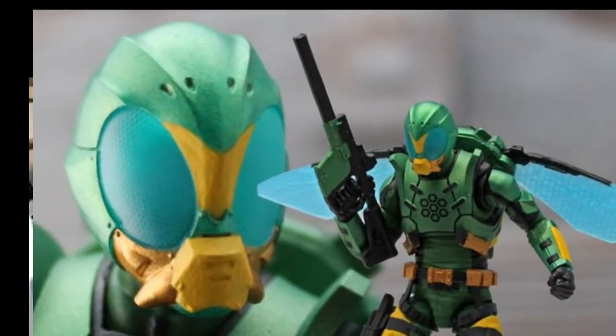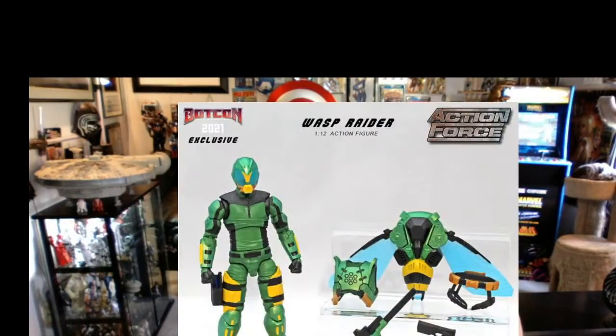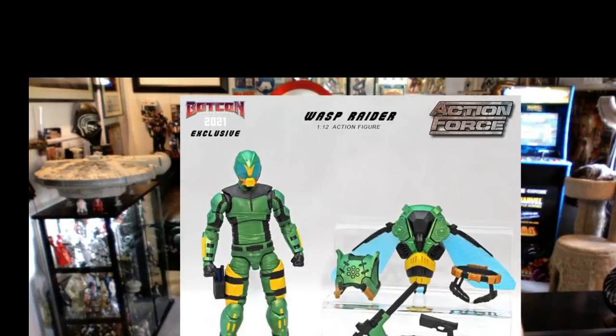I'm not sure what this is going to cost, and I'm assuming you'll have to go to the actual BotCon convention, though they might offer it online too. I don't know that for sure. BotCon originally was going to be this year, but of course with all the COVID, it got delayed, and now it's going to be next year. I don't have the exact date off the top of my head, but here's another image